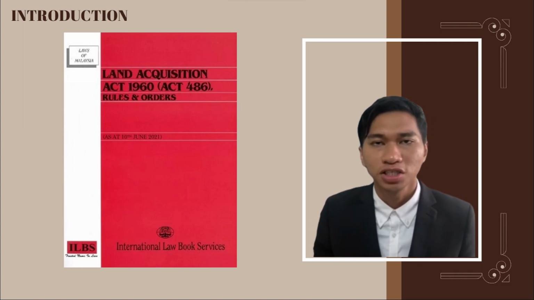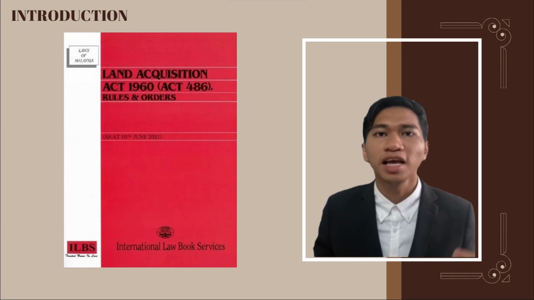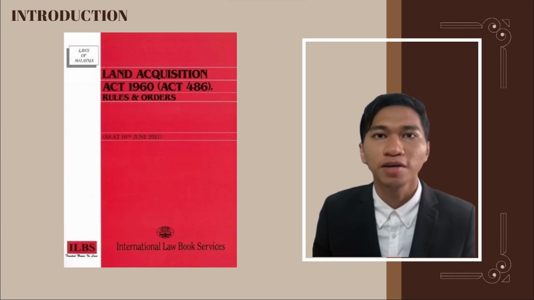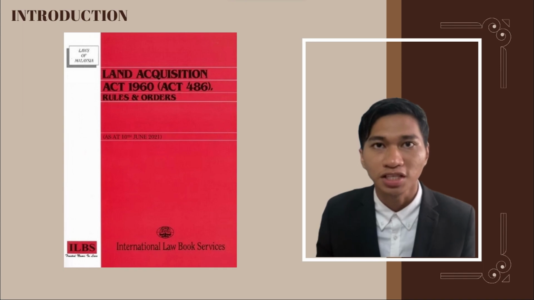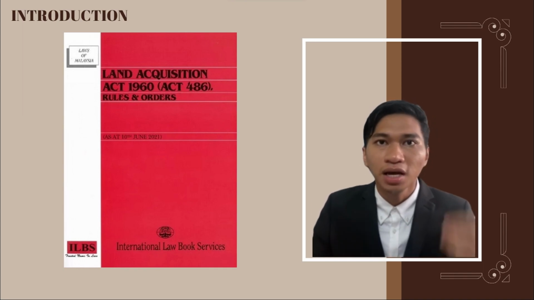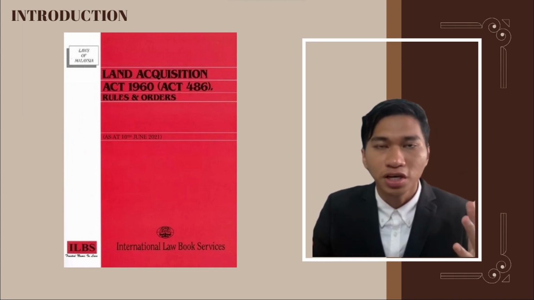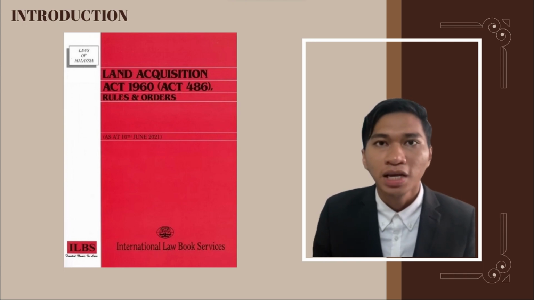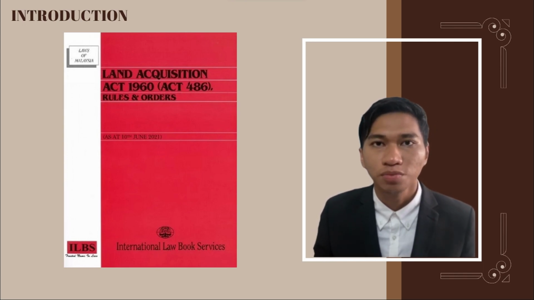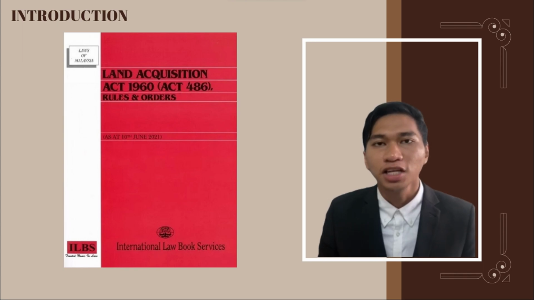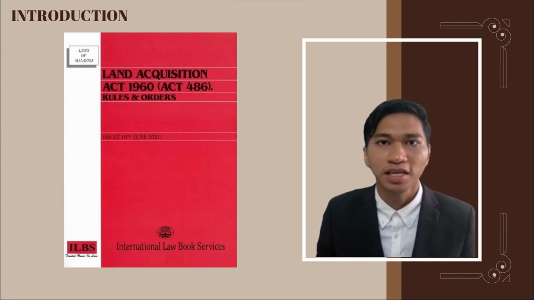Under the Land Acquisition Act 1916, the government has the power to compulsorily acquire private land for various purposes such as infrastructure development, public utilities, housing projects or industrial development. The Act provides guidelines and procedures to be followed when acquiring land, ensuring the landowners are fairly compensated for their